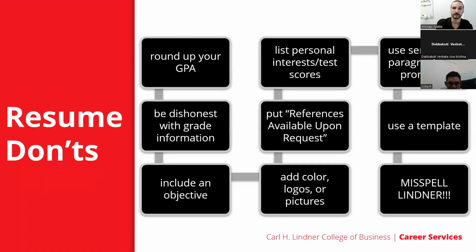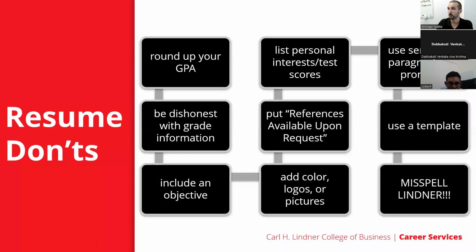Objective statements are the type of statements that say, I'm looking for an internship. I'm looking for an accounting job or something like that. People are going to know that because you're going to be applying to an accounting job. And so they don't really serve a very strong purpose. Honestly, they're just taking up a little bit of space. But a summary statement is something that I personally am strongly supportive of, and I know others are with that. Obviously, it's important to be honest. Obviously, it's important to put accurate information on your resume. So that we have that there.